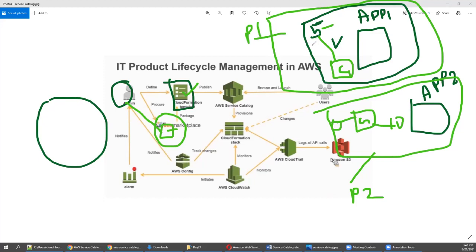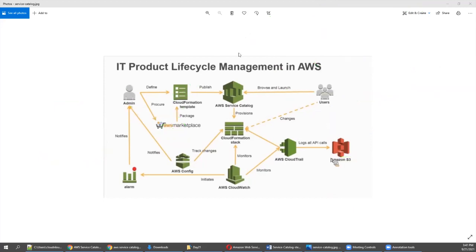Nowadays, with ServiceNow, people have started using a more structured way. But for Service Catalog, try to utilize it in a manual way first, then slowly you explore it, right? So I'm going to close this.